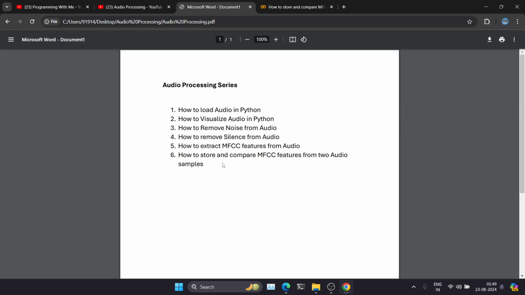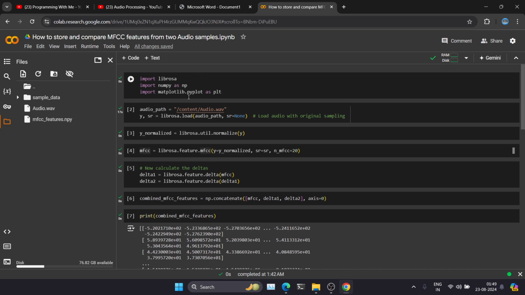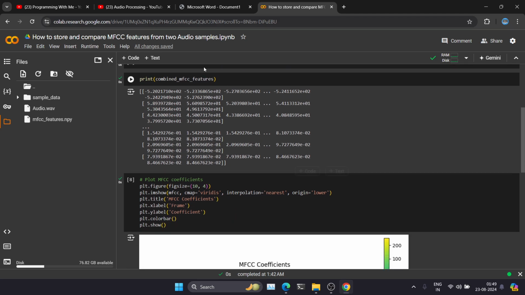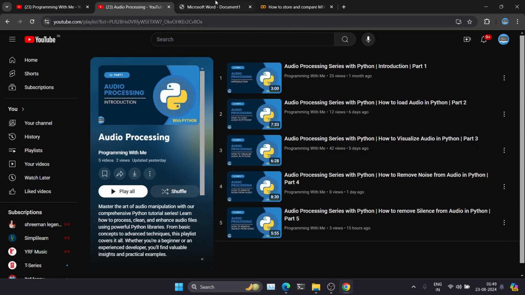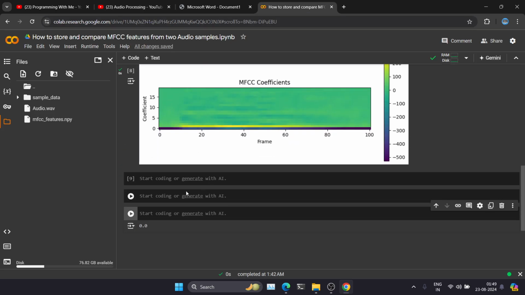In this particular video, we're going to see how we can store the MFCC features and how we can compare MFCC features from two audio samples. So without wasting any time, let's get started. If you have seen this particular code in the last video, good. If you have not seen that video, then just go back to our playlist and check it out. In this video, I will just delete these things. Okay, so in this video, the first thing we're going to see is how we can save the